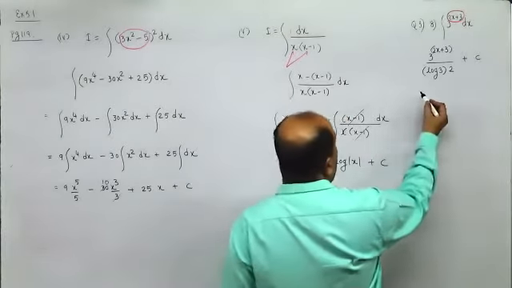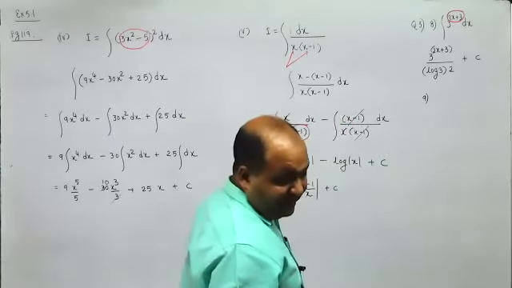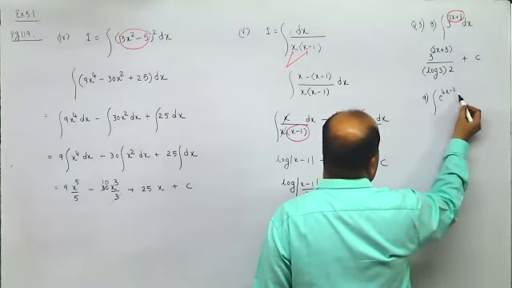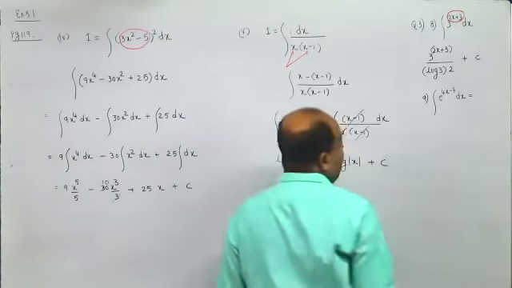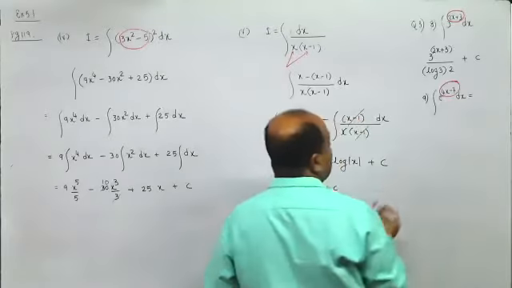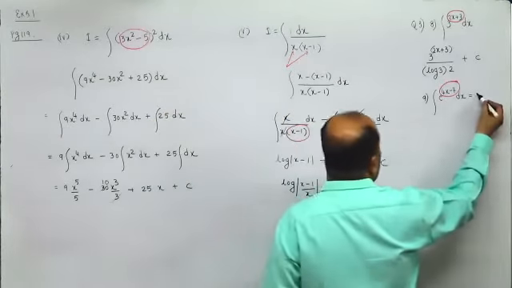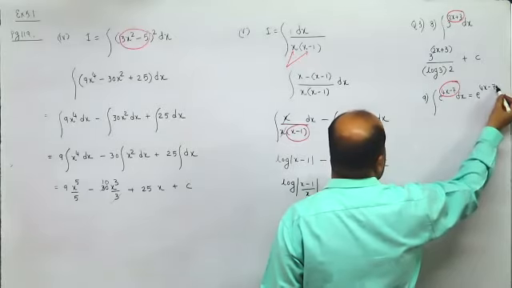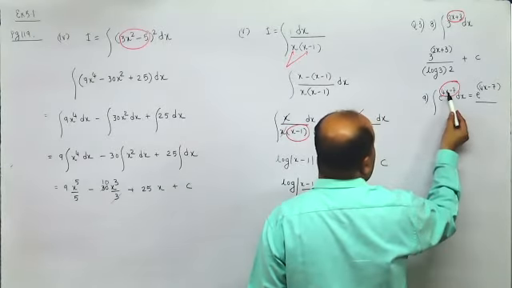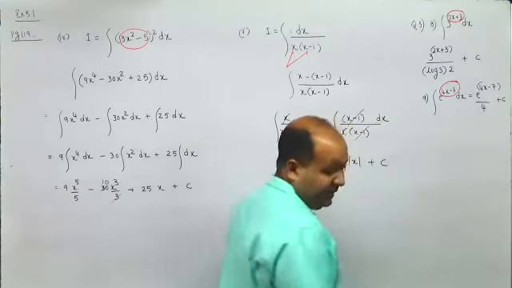Similarly, the ninth question of question 3 is where they have given e raised to 4x minus 7 dx. Now this is in the form of e raised to x. So integration of e raised to x is e raised to x itself. You will get e raised to 4x minus 7, now divided by the coefficient of the term which you treated as x. So 4, and here plus c. This is the ninth question.